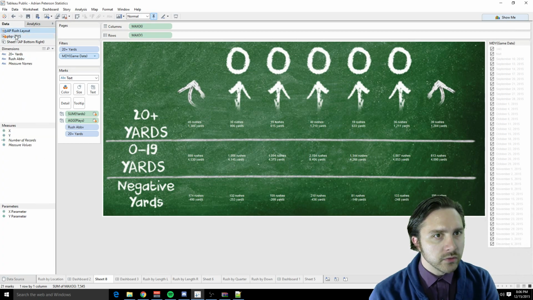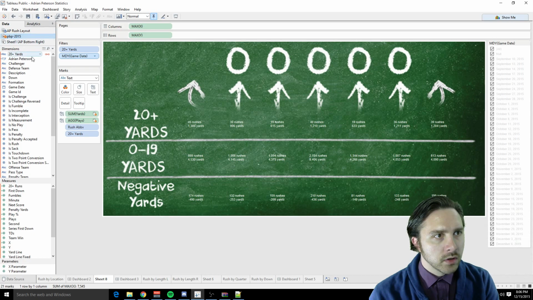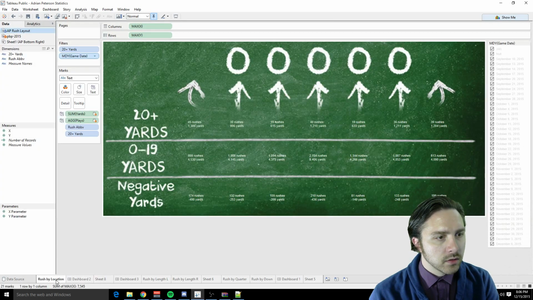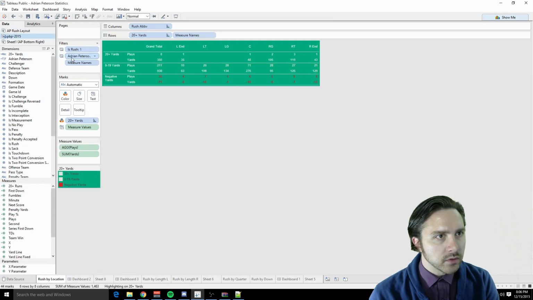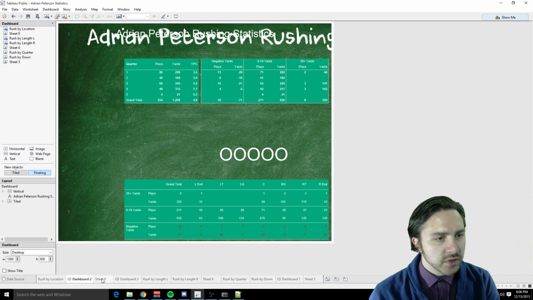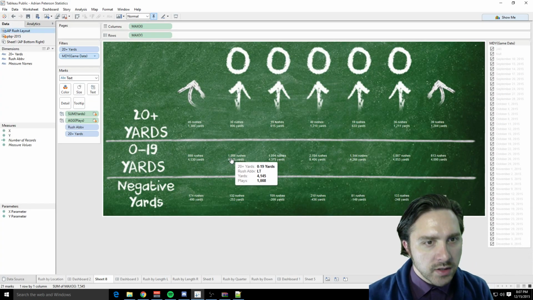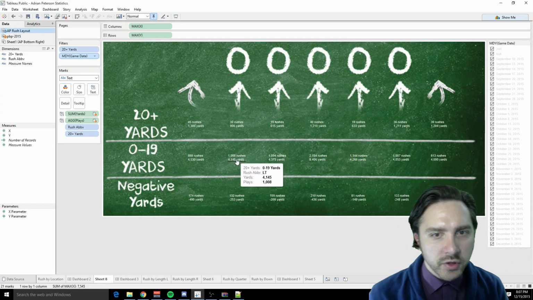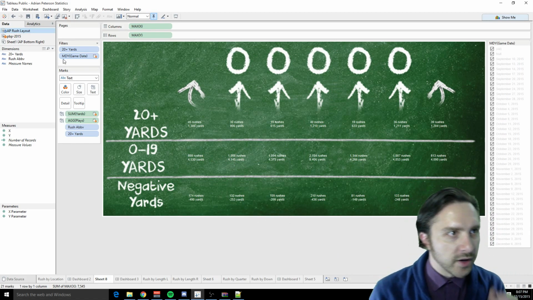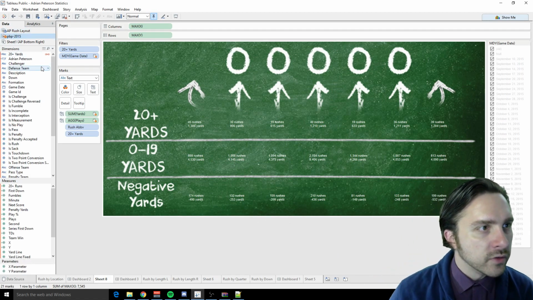I also need to add in a couple of the filters that I had on these. So is Adrian Peterson and is Rush. So let's make sure those get in here, because yeah, I don't think he ran 4,100 yards down the left tackle. Now that I look at this a little bit closer,